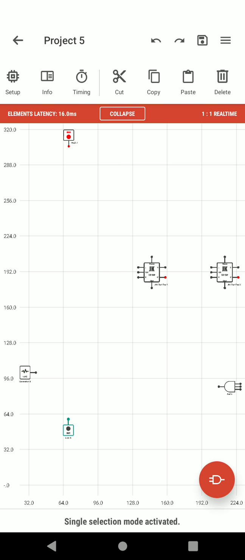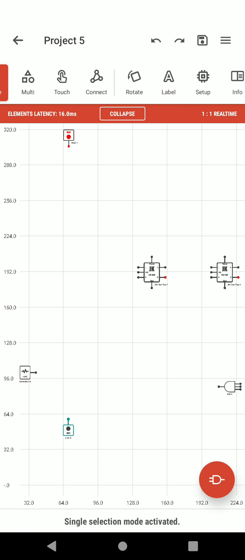So let's click on connect. After pressing that, we need to click on which point we have to connect. So here from generator to low, we can see it turning into a green color dot. As soon as we connect, we get a line.